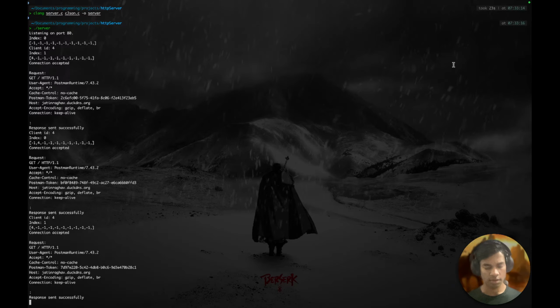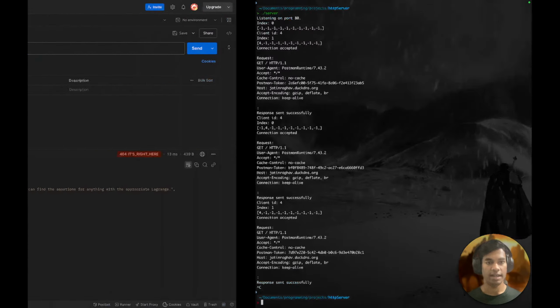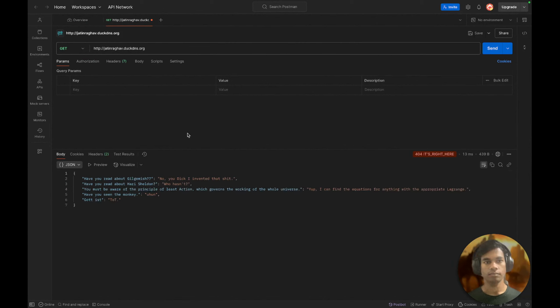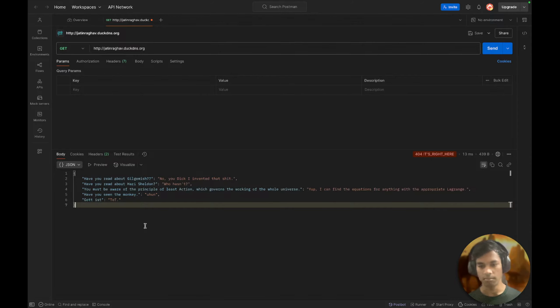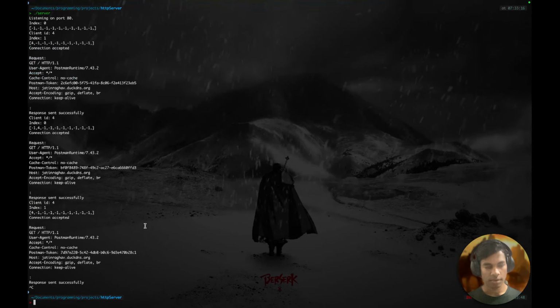So, my server can handle about 10 connections at the same time now. What do I want to do next? I've created a server that can manage, at some basic level, threads and multiple connections at the same time, like 10 connections at the same time, and it can handle HTTP responses. So why was I creating a server? I was creating an HTTP server in C so that I can